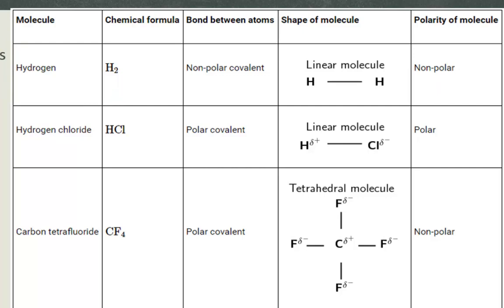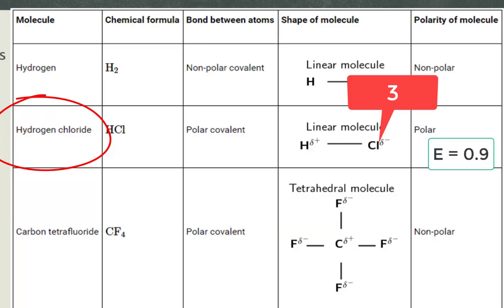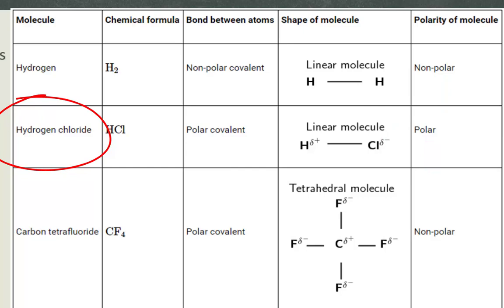Hydrogen chloride, the hydrogen is 2.1, the chlorine is 3, which gives us a difference of 0.9, which means that yes, the hydrogen and the chlorine are bonded through a polar covalent bond, and the molecule itself is polar, because the chlorine has a higher electronegativity and it pulls the shared pair closer to it, making the chlorine side partially negative and the hydrogen side partially positive. If we take a look at something like carbon tetrafluoride, just to revise that rule in the beginning,